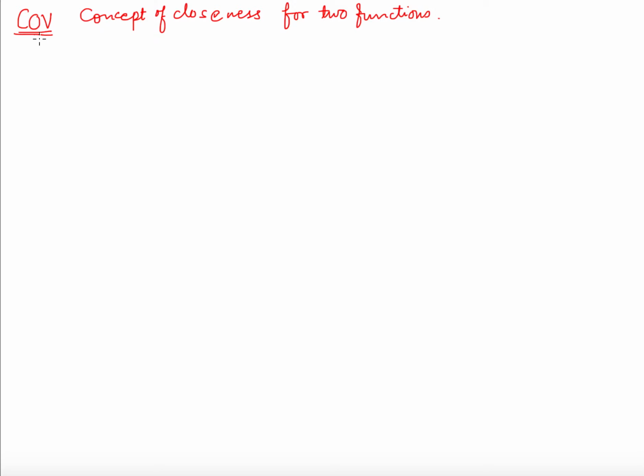So what we are going to do in calculus of variations is, for example, you have this function. Suppose this is a function of n variables. And you have this functional. A functional is a function of, suppose, say, one variable. So this is a function of n variables, and this is a functional.